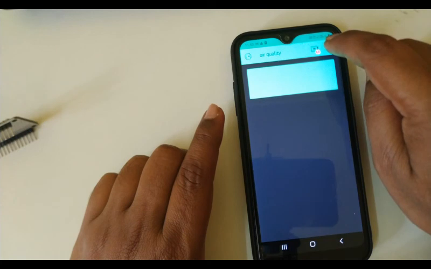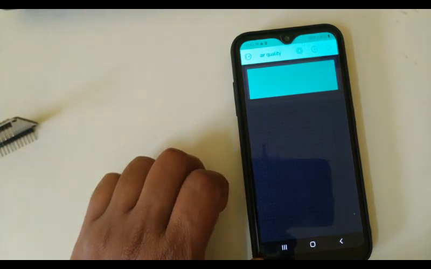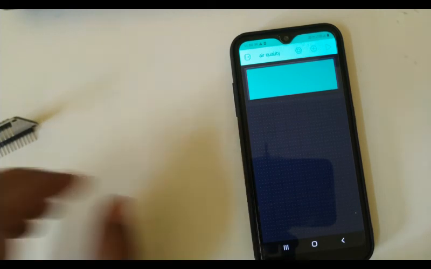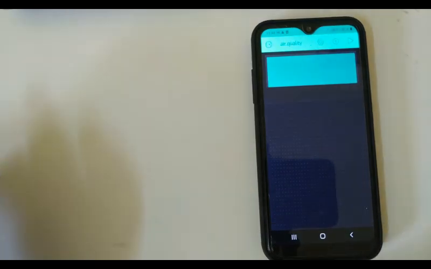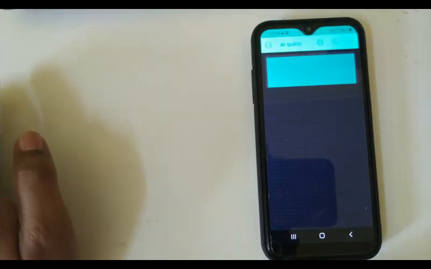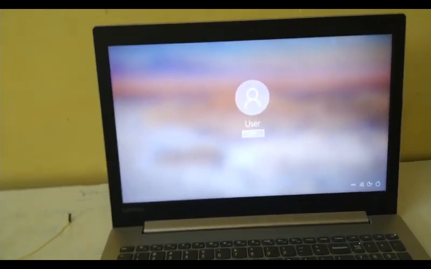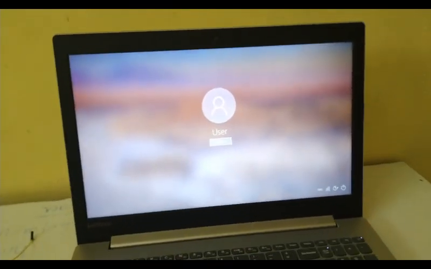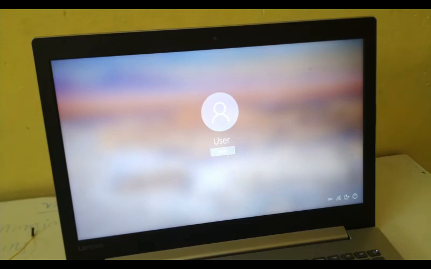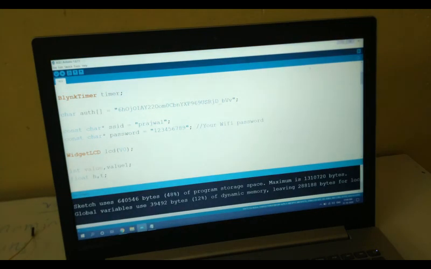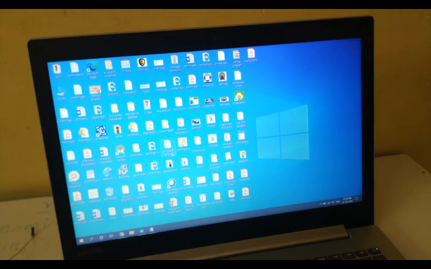Okay, let me terminate this. So this is the first step we must do while using the Blynk app. After doing this, we need to work on our code. So let me focus on my screen. Okay. First I will collect the authentication code being sent. Okay, so go to your Gmail